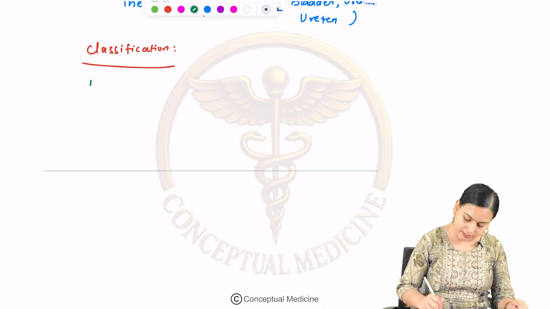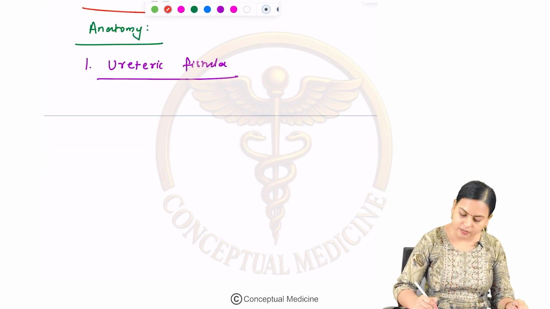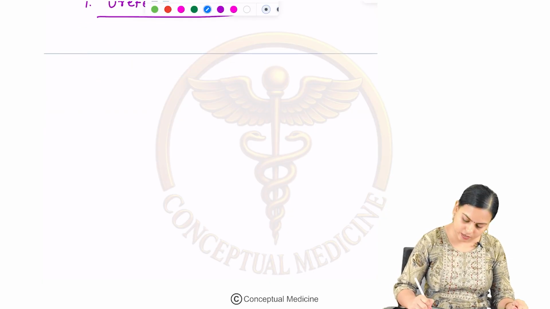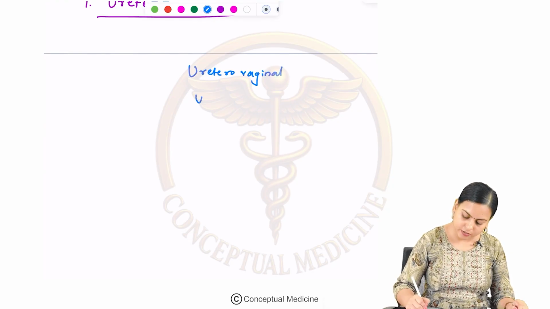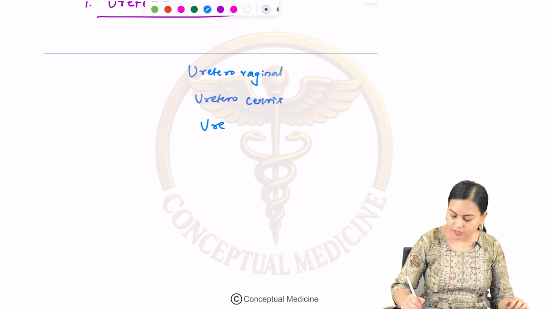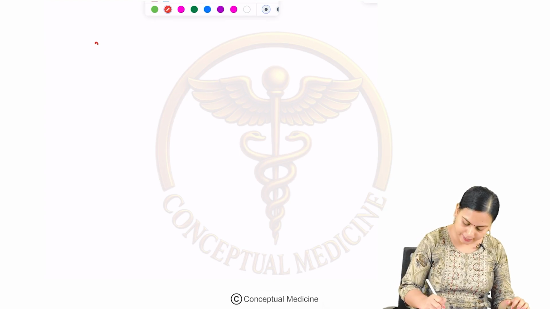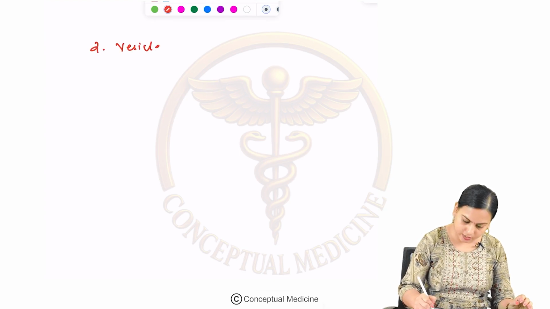Based on the anatomy, it is classified as ureteric fistula. Okay, ureteric fistula, which can be further classified as ureterovaginal, ureterocervical or ureterouterine. Clear? And the second type is the vesical fistula,